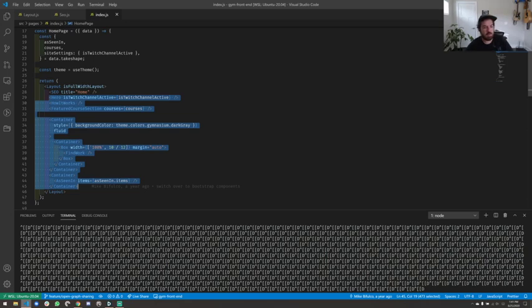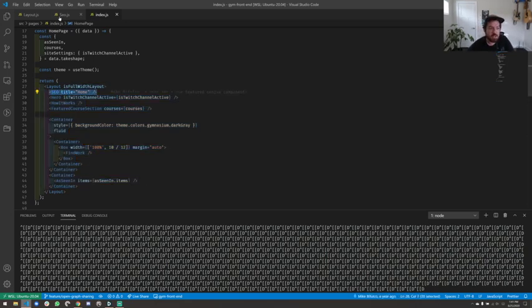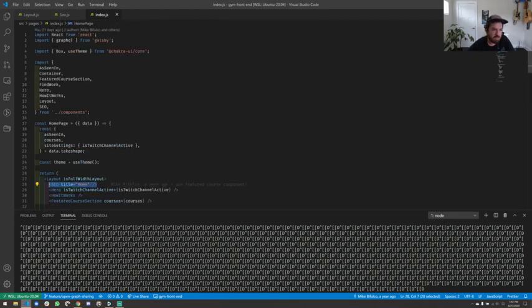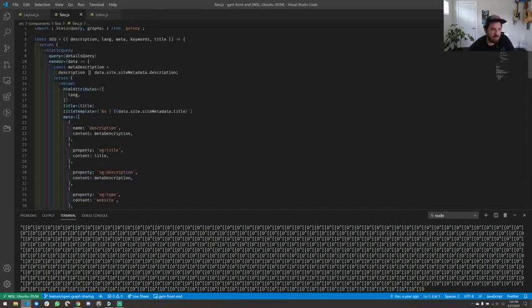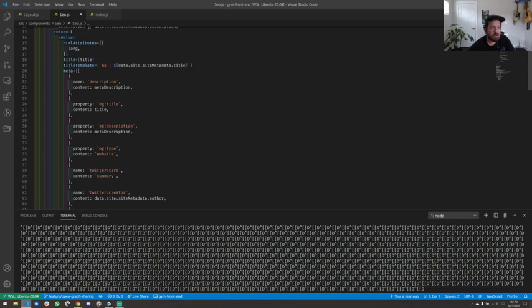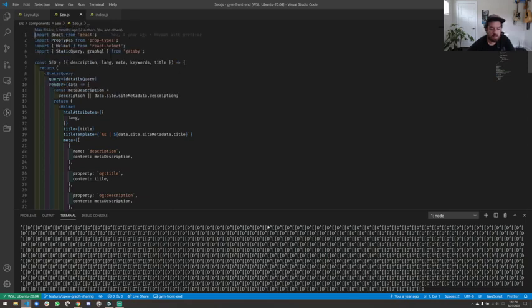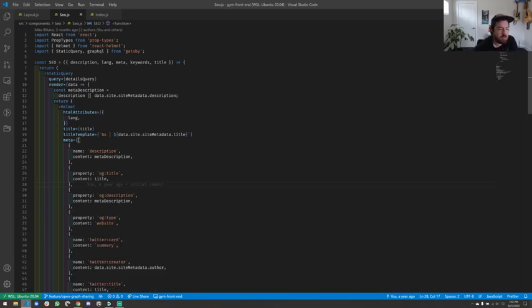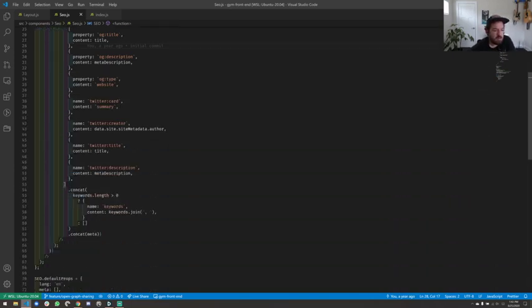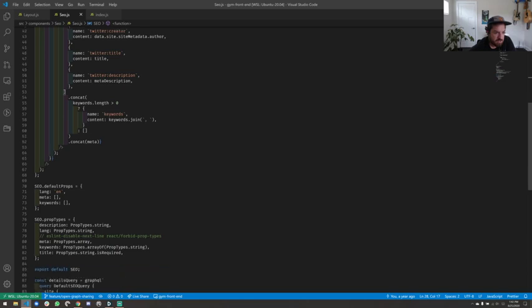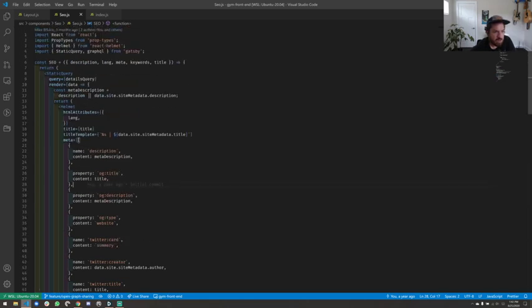We'll decline that. All of this content is what we see visually on the page. This SEO component does some magic, and like I mentioned before, we're probably going to want to take a look at that, which we import from our components directory, which is good. So let's look at what the SEO component does. It executes a static query to grab a bunch of stuff. Let me get rid of that so we can see a little better here. And it returns the results of this query inside of a helmet component.